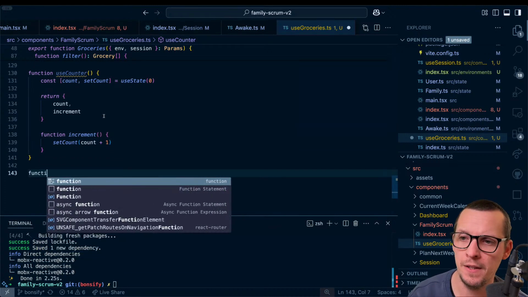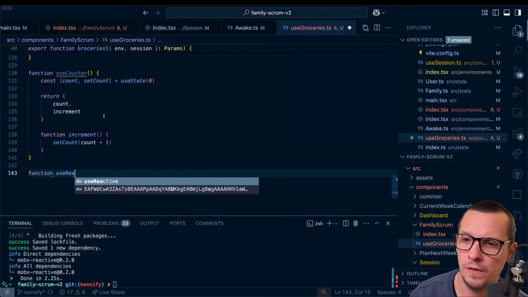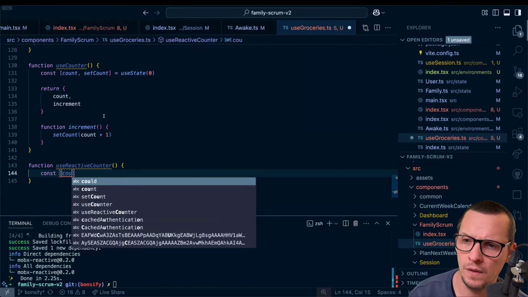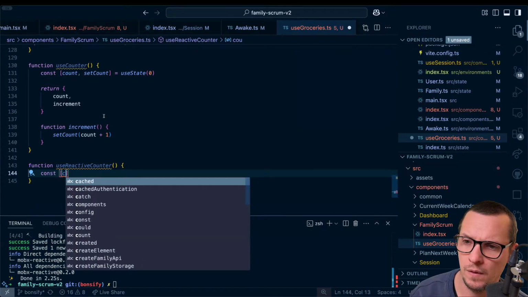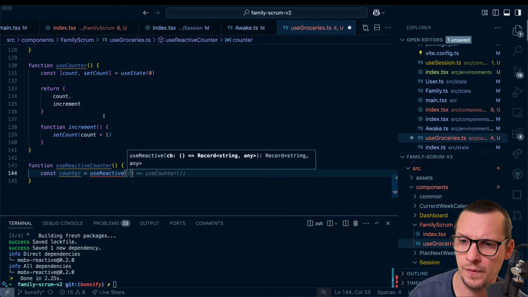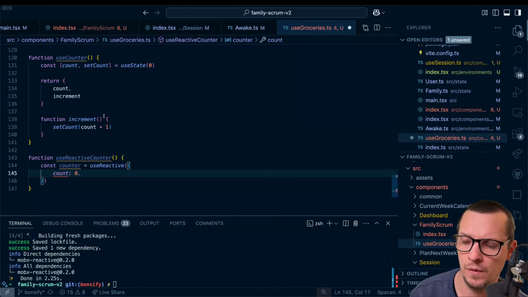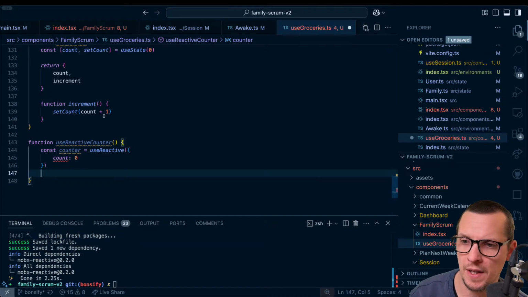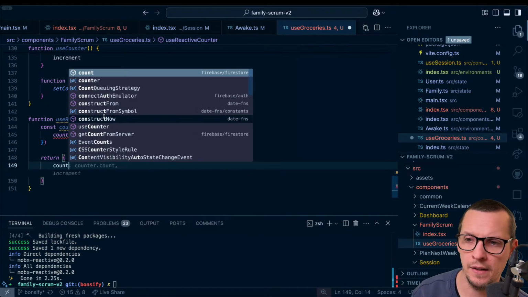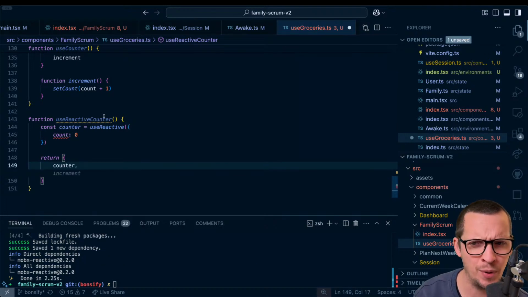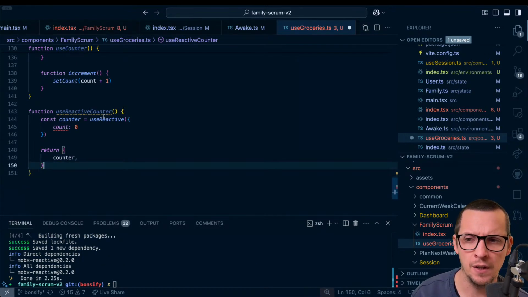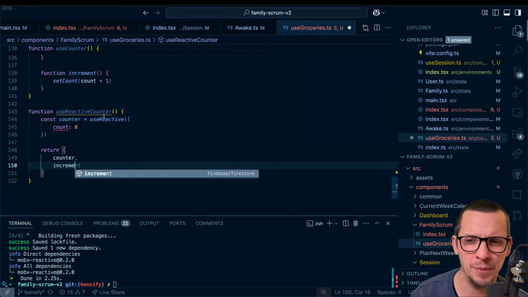But if I do use reactive counter, and then I do counter, use reactive count 0, for example, and then I return, like you see immediately it kind of breaks down, because first of all you have to return the full counter, but then you have to do increment here.